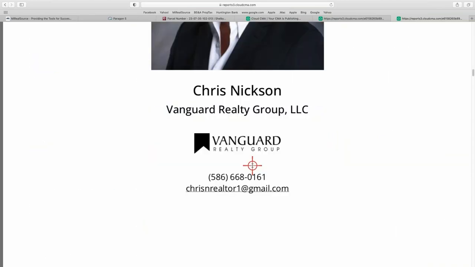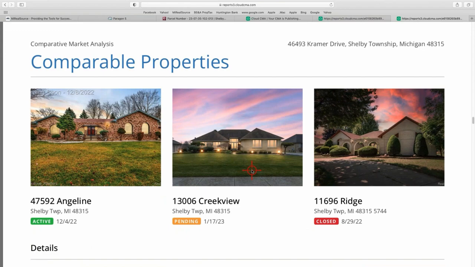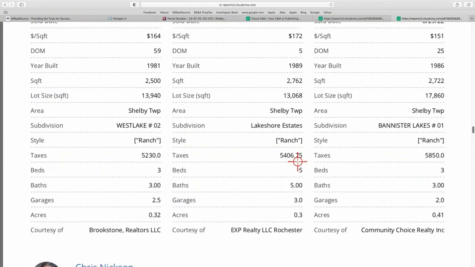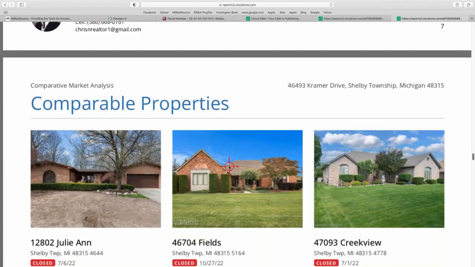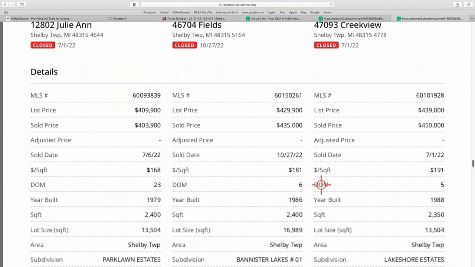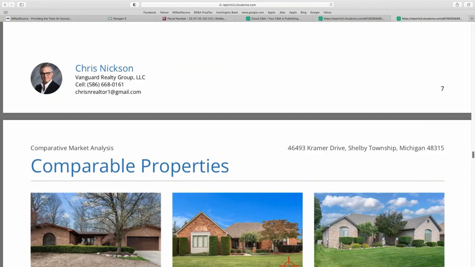And now let's go down to just strictly the comparison pages. Now you have 3 in a row: active, pending, sold, and then you're going to have your other ones. The other 3, it only shows 3 columns at a time, so we should have 4 pages of information. Yep, that's it. We have 6 properties. But we still haven't gotten to what the purpose of the CMA is, which is to compare the subject property against the other ones on the market. So the way to do that